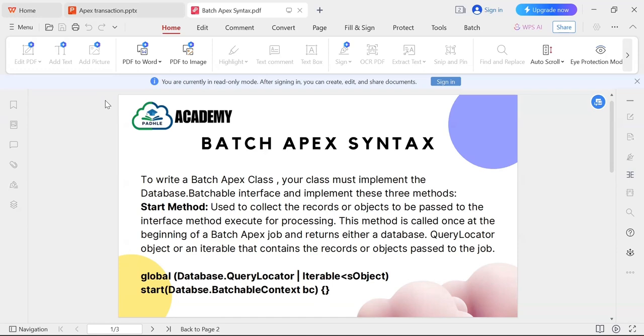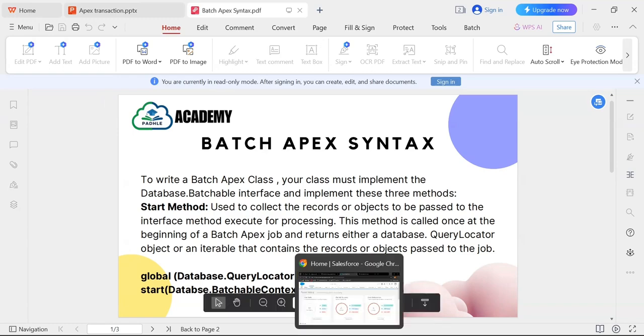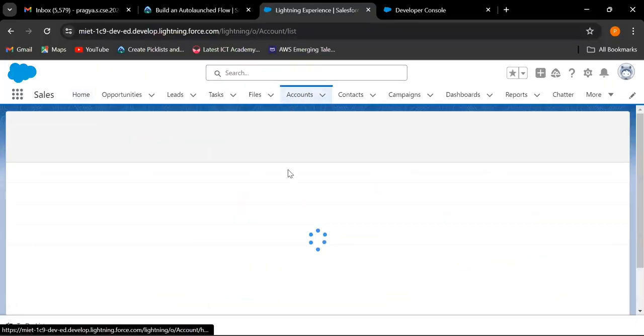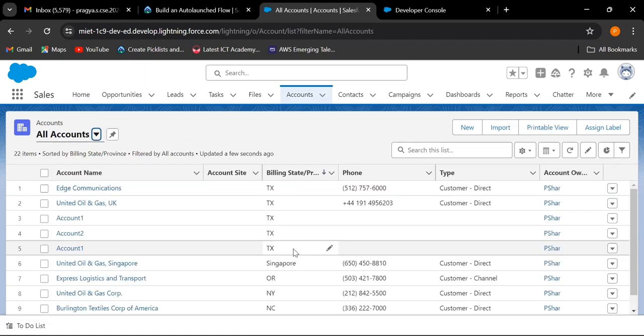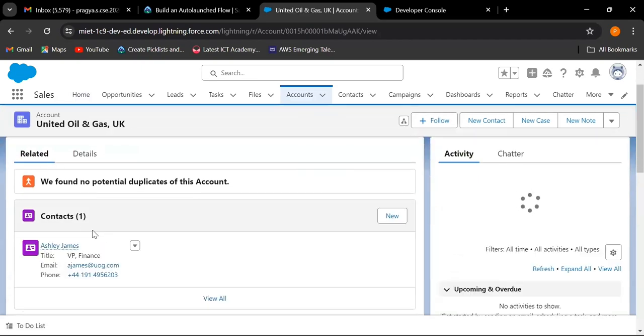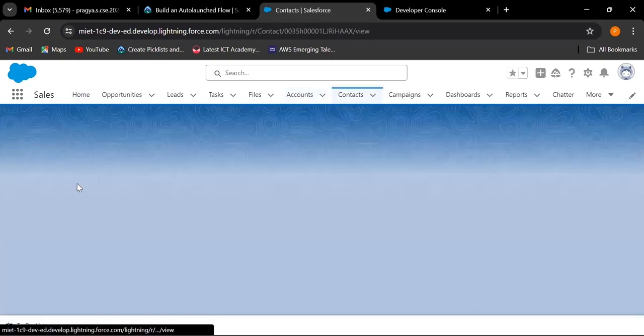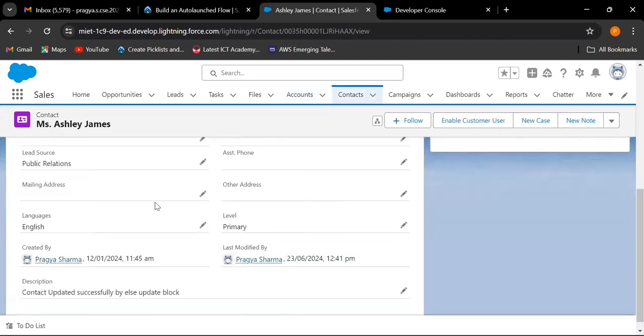So what we are going to do is an example, and through this example we are going to fetch all the account records where the billing state is equal to Texas. Go to all accounts. We're going to fetch all the account records where the billing state is equal to Texas. And for every contact associated with that particular account, we are going to update the mailing information